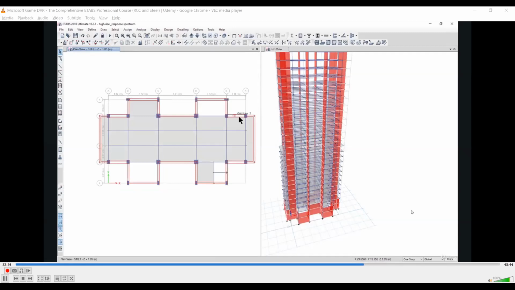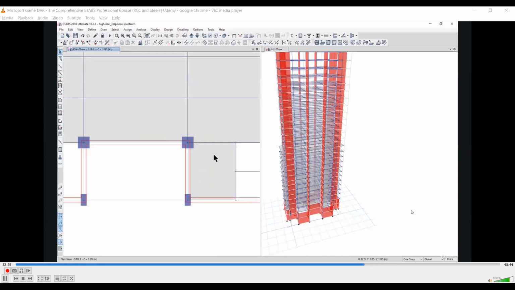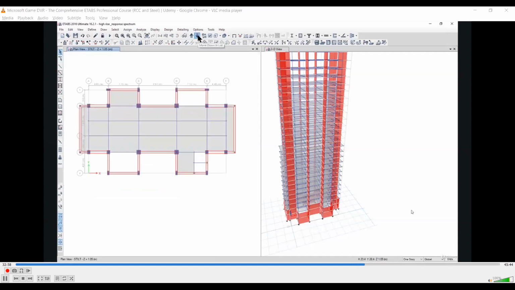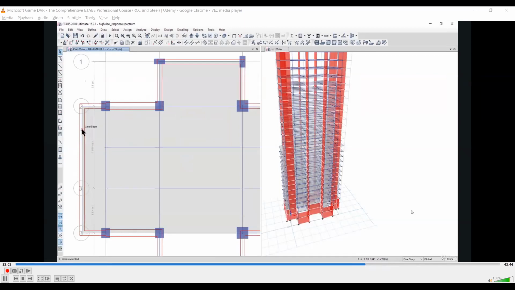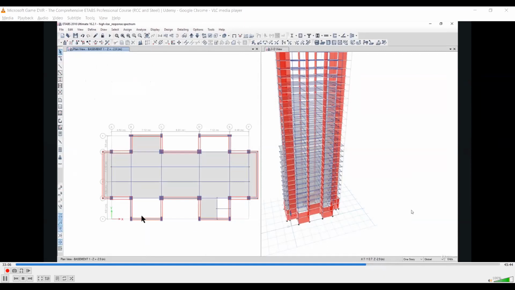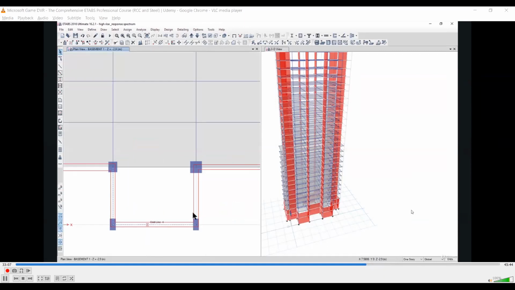So all the peripheral beams that were coinciding with the retaining walls are now deleted. Same we will do for the lower floor also, that is, for basement 1 level. We will select all these beams and delete them as these are not technically required.